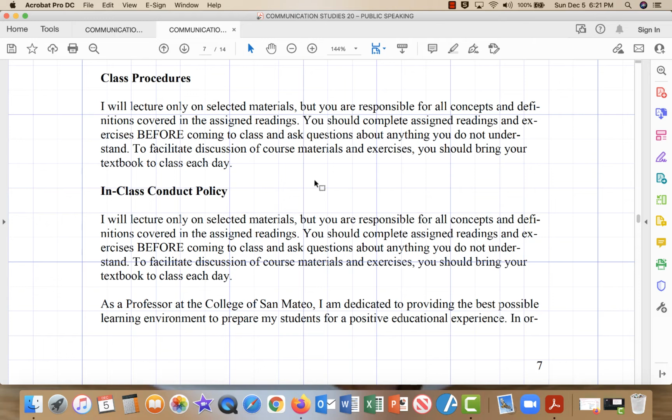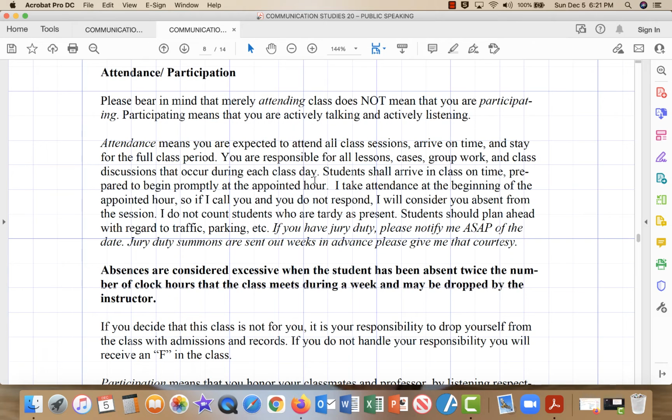A great part of our class is class discussions and conversations, and it really doesn't go anywhere if I'm in class lecturing and I'm basically talking to myself. It doesn't quite work that way. I do take attendance, and when we look at class participation, just showing up and sitting in your chair doesn't account for participation. Participation means being engaged in the class. If I'm asking you questions, you'll be able to respond. If you have comments, you can respond and share your thoughts and ideas as they relate to the course material.